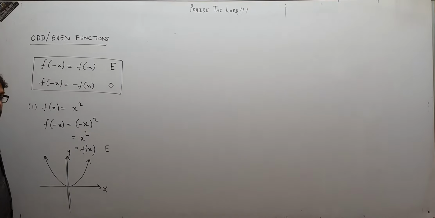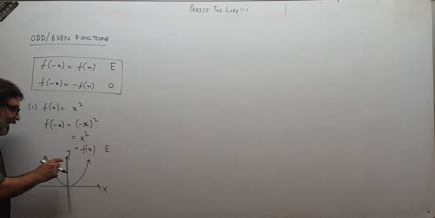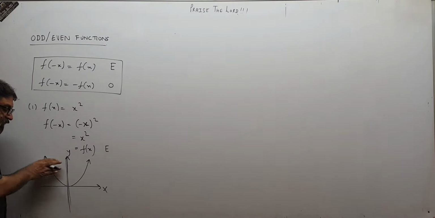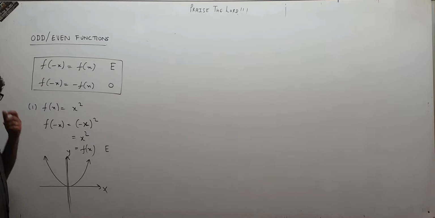So this is an important property of even functions. When you draw the graph of an even function, it will be symmetric about the y-axis. That means whatever graph is here, its reflection you can see on the left side of the y-axis, and whatever is on the left, its reflection you can see on the right. This way we say the graph is symmetric about the y-axis. Symmetric about the y-axis means if I place a mirror on the y-axis, then whatever reflection I see of this in the mirror, that will be exactly overlapping this. And if I place the mirror over here and see from this side, if this is the polished side, then whatever reflection of this I see in the mirror, that will be overlapping this. That is the meaning of saying the graph is symmetric about the y-axis.